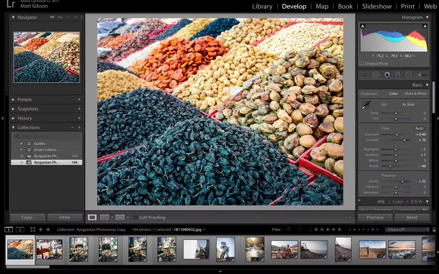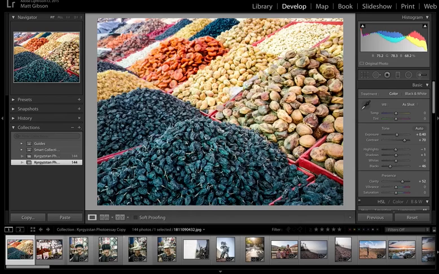Okay, so I got some quick tips for you guys today. I've just seen a few people talking in forums and stuff, wondering how to manage their photos in general and how to manage them in Lightroom. So I just wanted to give you a quick 2-minute look at how I manage my stuff in Lightroom and how I go through a whole bunch of new photos really fast, just to get right down to the ones that I want to keep and work on and get through all the grunt